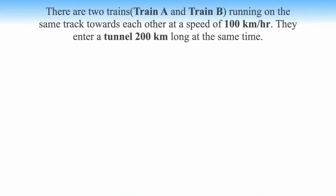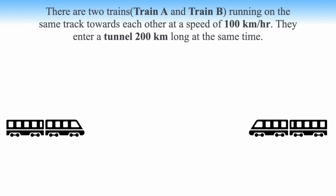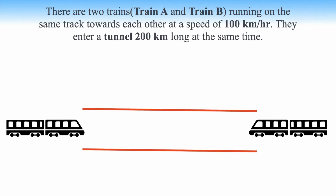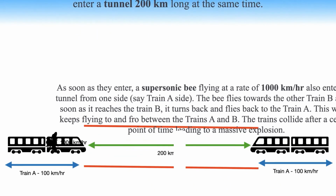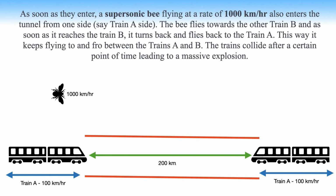I am sharing one more similar puzzle. Try to solve this by yourself before checking the solution. The puzzle states that there are two trains, say train A and train B, running on the same track towards each other at a speed of 100 kilometers per hour. They enter a tunnel 200 kilometers long at the same time. As soon as they enter, a supersonic bee flying at a rate of 1000 kilometers per hour also enters the